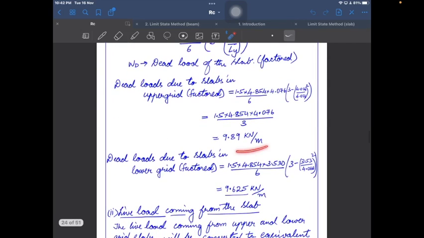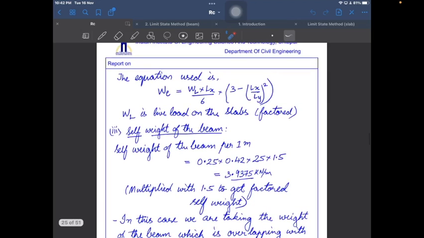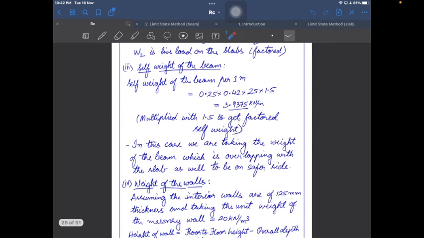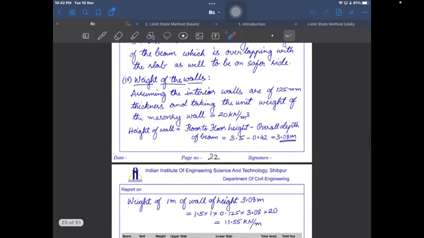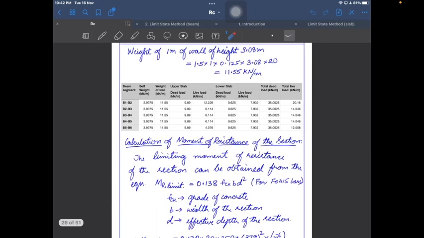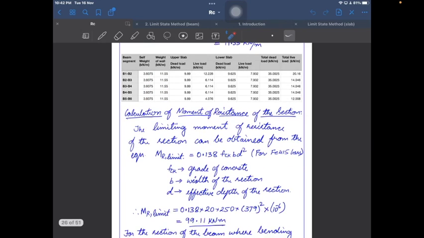The dead loads and live loads did not change, but this changed. The weight of walls, the self weight of the wall, all these have changed. I have made all those corrections, and this is my final. I have just designed a singly reinforced beam. So if you have got doubly reinforced, try to increase the depth and make it singly reinforced. Or if you want to do it as doubly reinforced, then forgive me because I'm not explaining it.